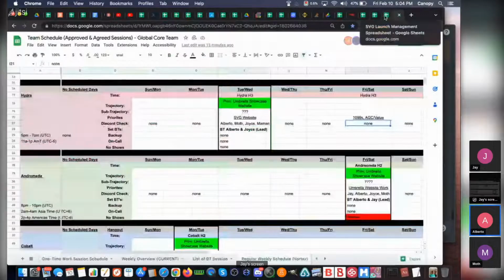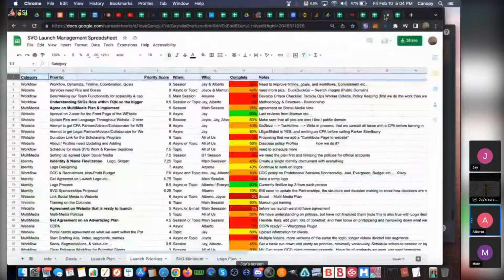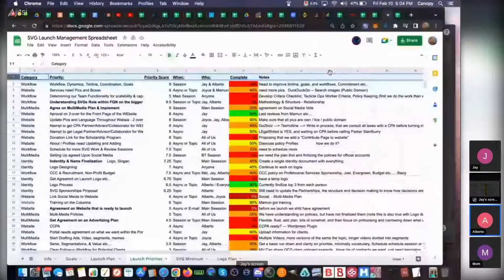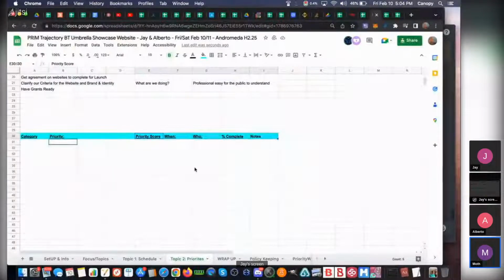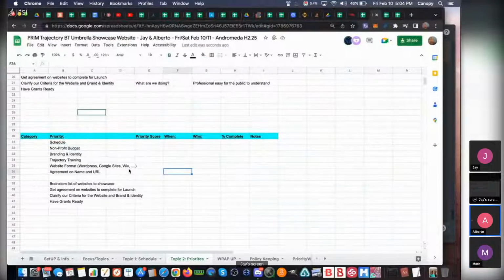Perfect. So, do you want to copy and paste these priorities that were already listed there? Here, these are the priorities that we listed already yesterday, quickly. So if you want to get organized on that first, and then of course, we can expand them in more detail.